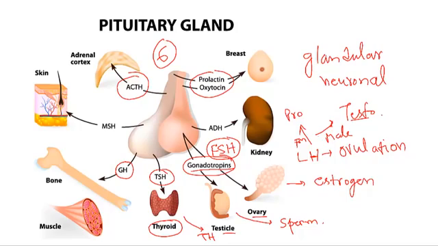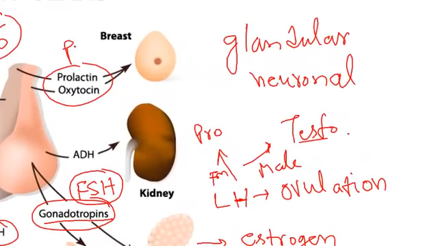Now ACTH, adrenocorticotrophic hormone, targets the adrenal gland, the adrenal cortex region actually, and it causes the secretion of glucocorticoids, which will be required for the stress response in our body, which we will see later. And the growth hormone targets most of the body tissues to stimulate metabolism and also for the cells to grow and divide. Okay. And then prolactin,